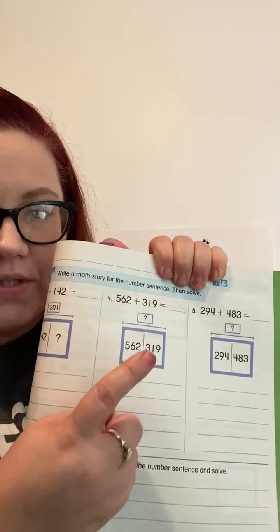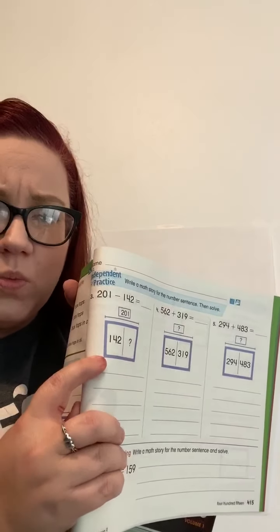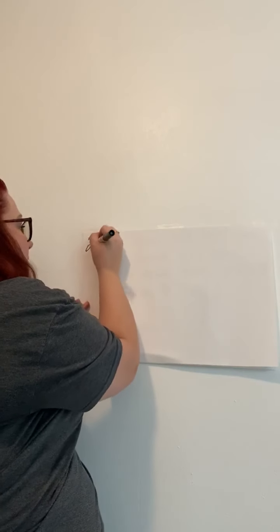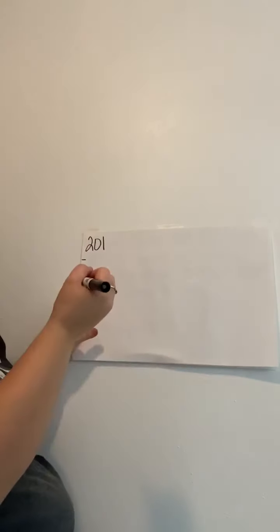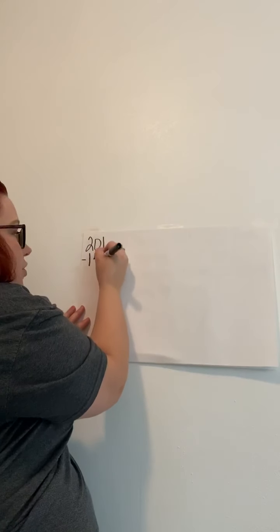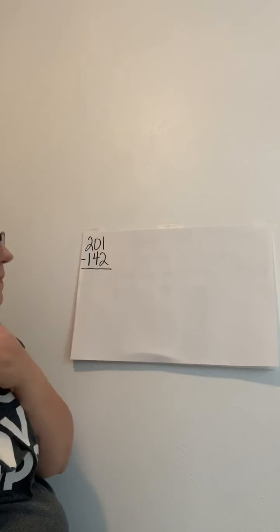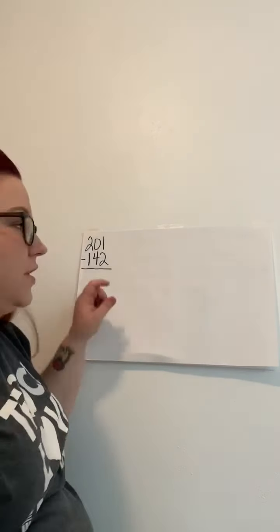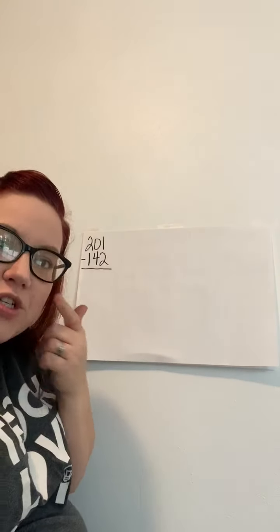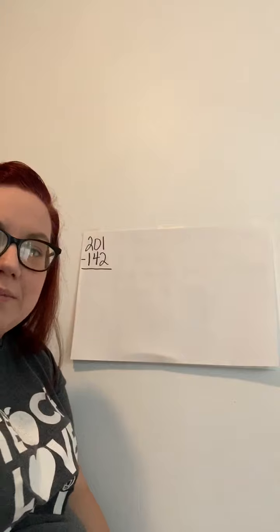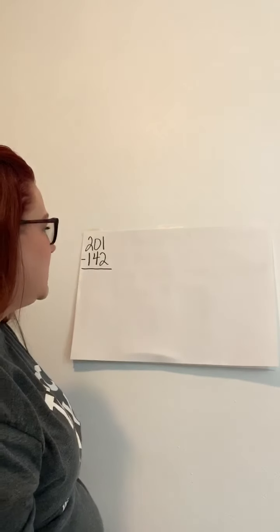Okay, today I'm going to use this first example right here on number 3, and it gives me 201 minus 142. I'm sorry, 142. It looked like a 5 in my camera. So 201 minus 142. All right. So remember, the first number on top, my bigger number, is how many I start with, and then the bottom number is how many I'm taking away. All right? So let's say that,